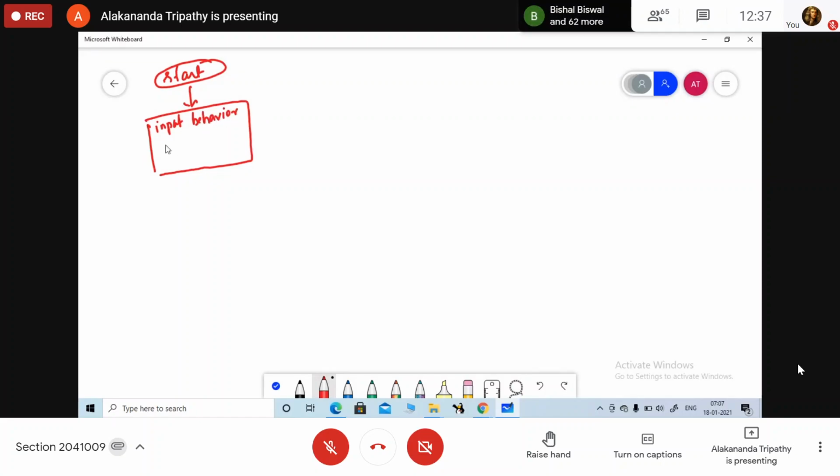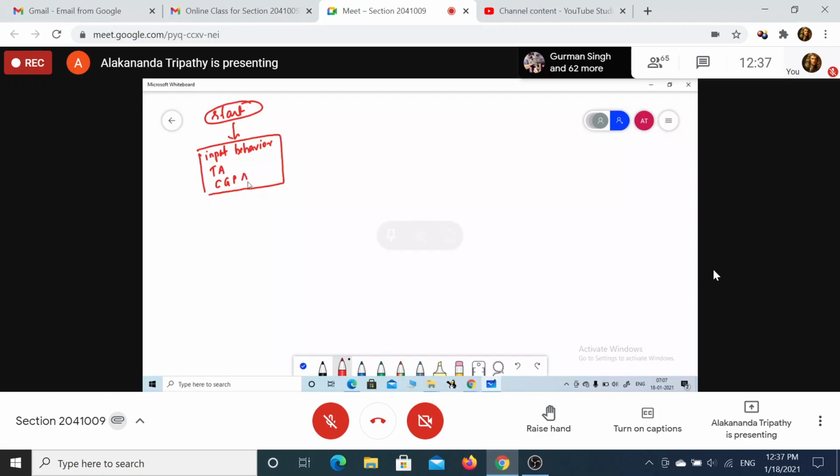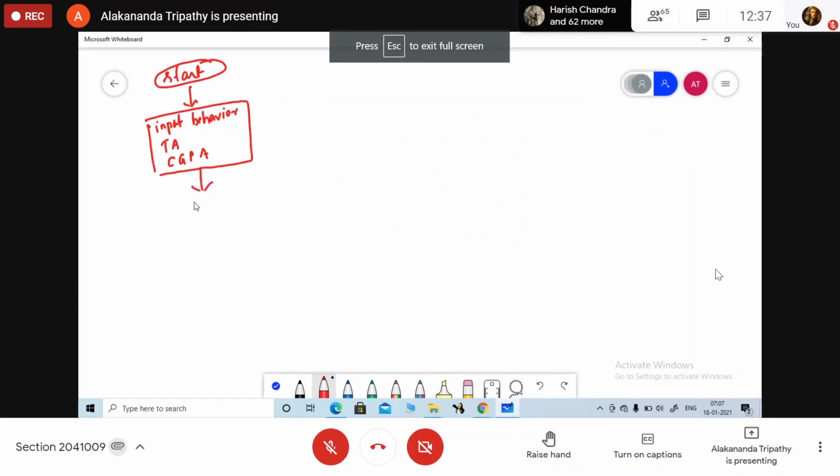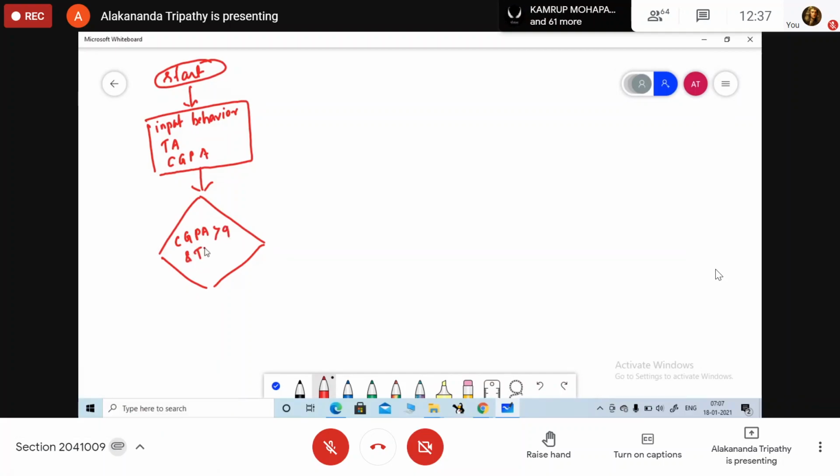Input behavior, theory attendance, and what was the other one? CGPA. So we are going to check for the clause. CGPA should be greater than 9.